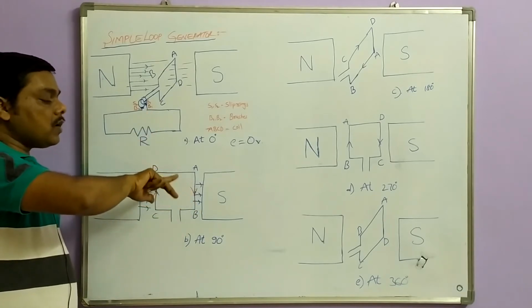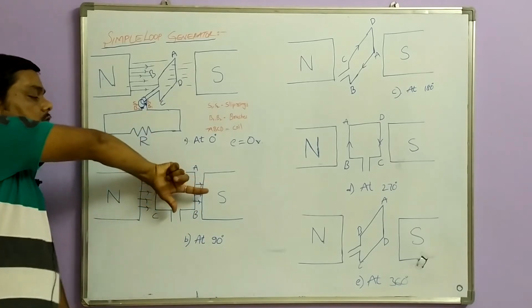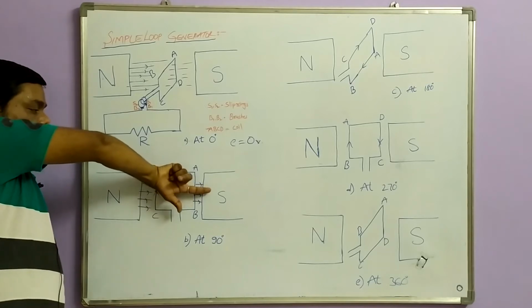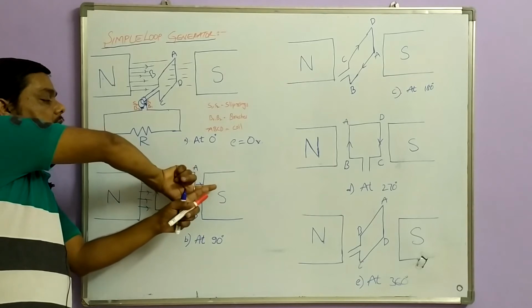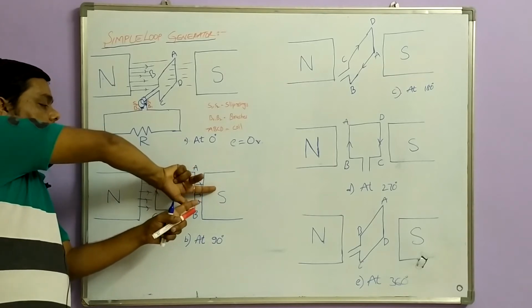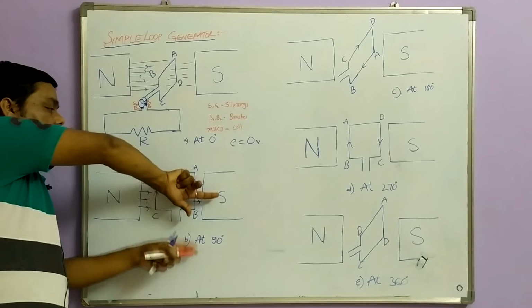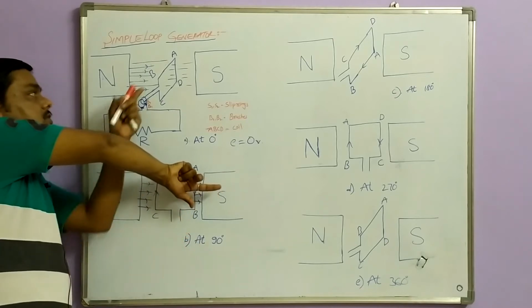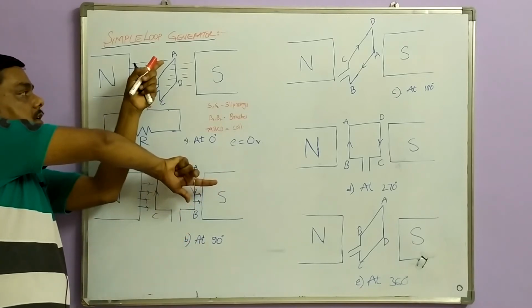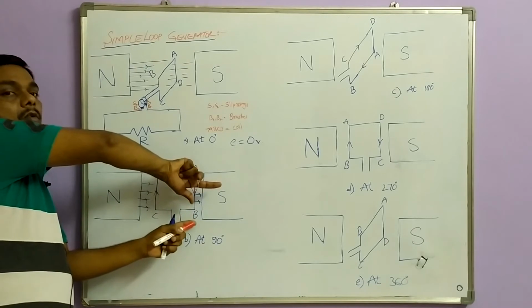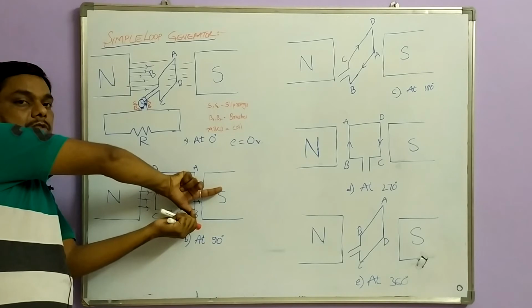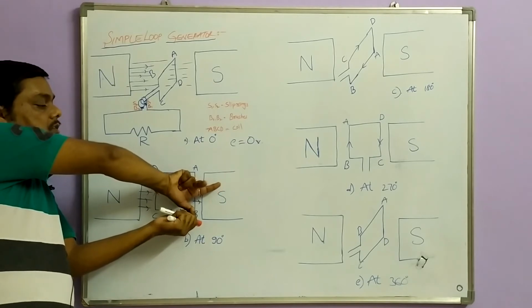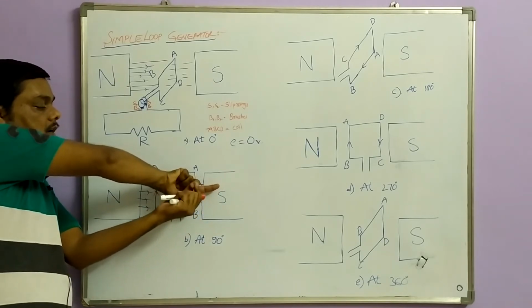So if you see the downward direction, what is happening? Now you place it here like this. Now your flux is flowing from north pole to south pole, parallel to your forefinger, and your force is going downward. Why? This AB is initially in the upward position, now it is moving downwards. Now the external force is downwards, that means the motion of the conductor. Now you see your middle finger shows the current direction.